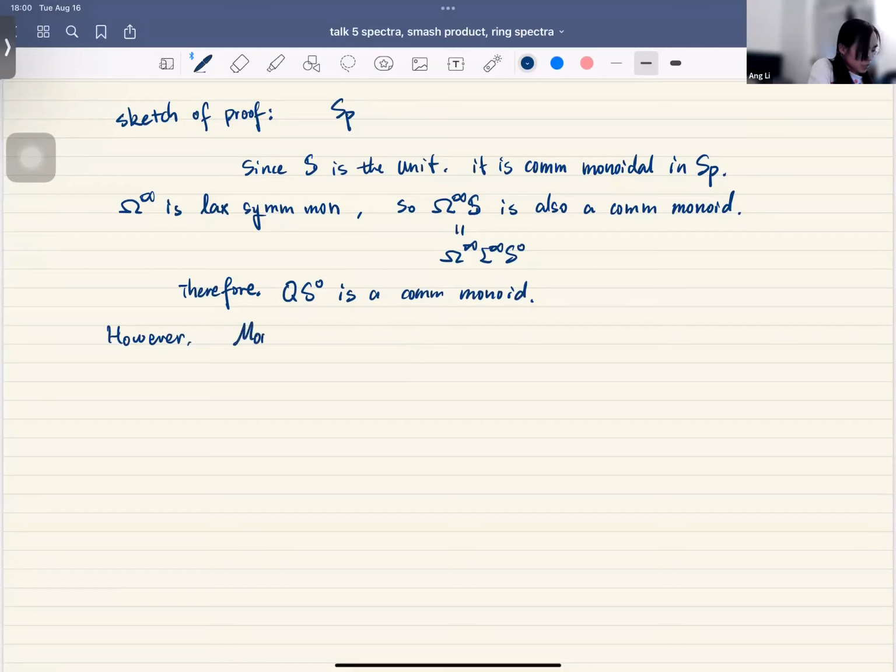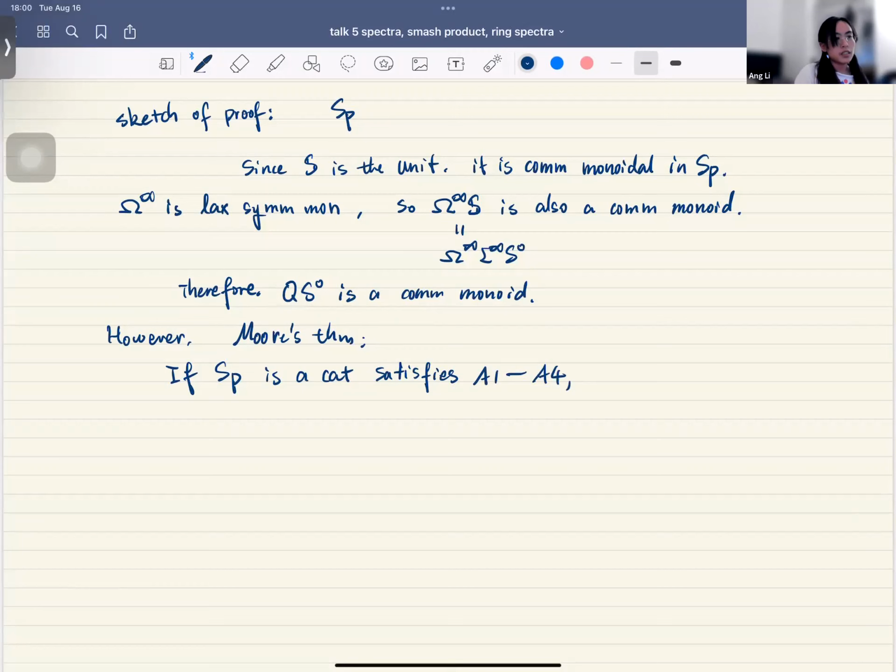So it says, if our spectrum is a category that satisfies the axioms A1 to A4, then if you have a strict ring spectrum, namely the multiplication is strict,